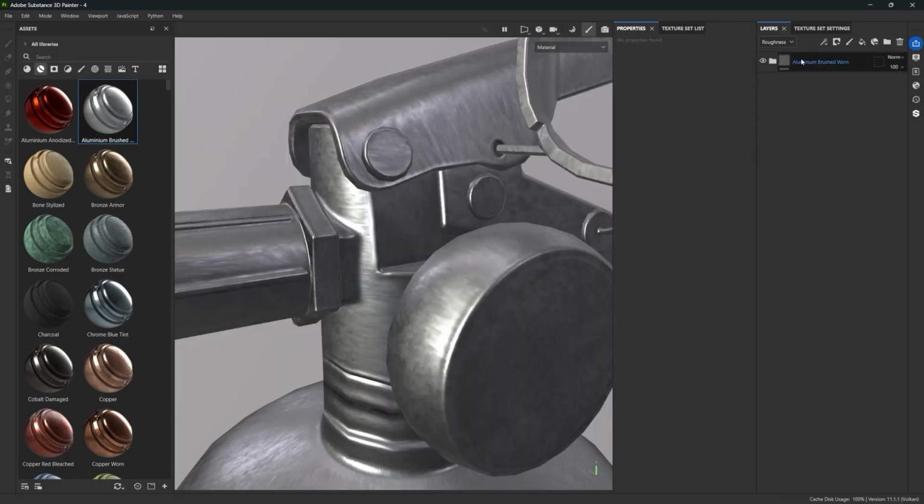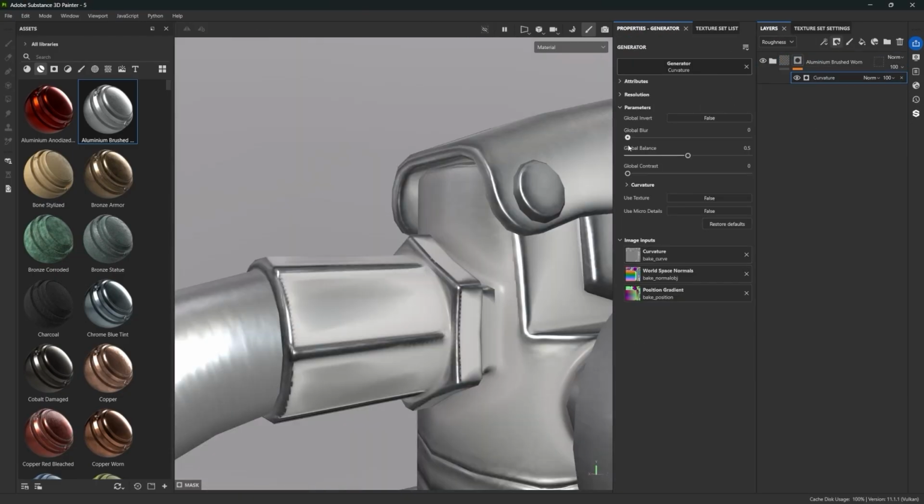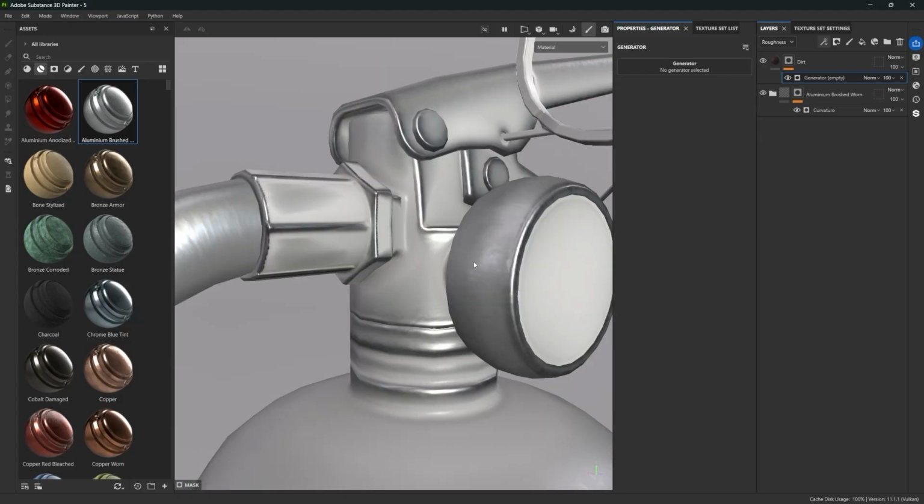You will learn how layers work, what masks are, how generators differ from filters, and how ready-made presets save days